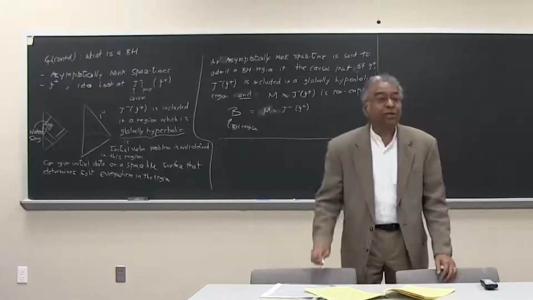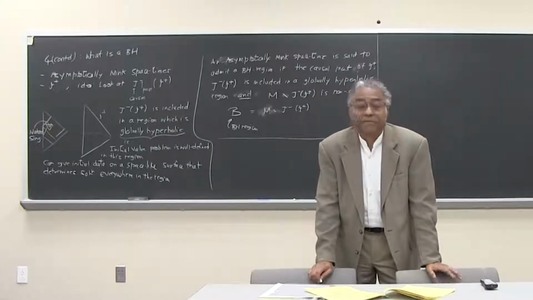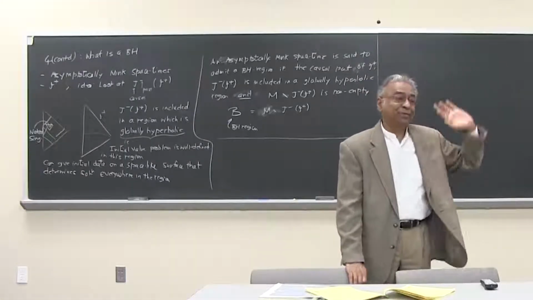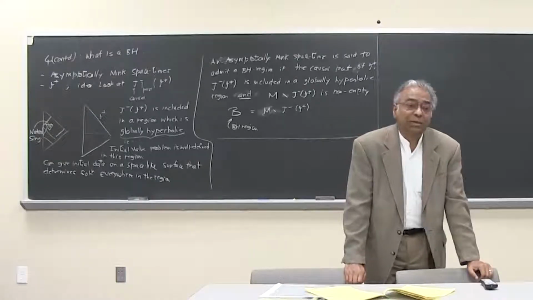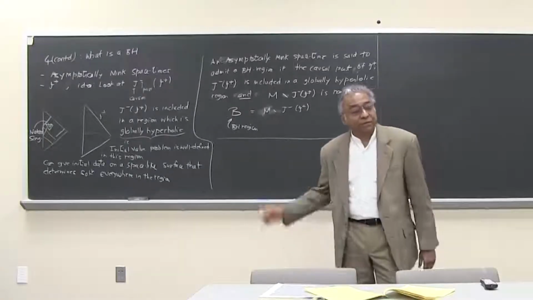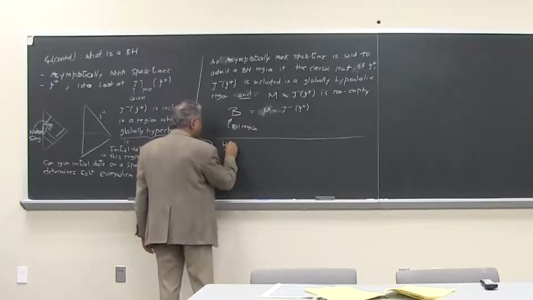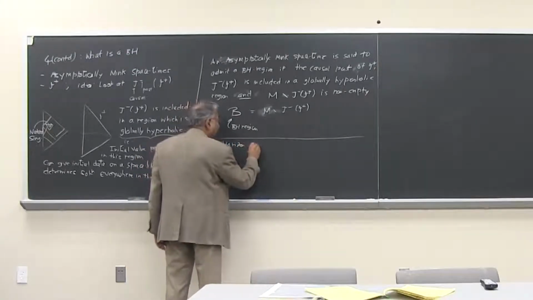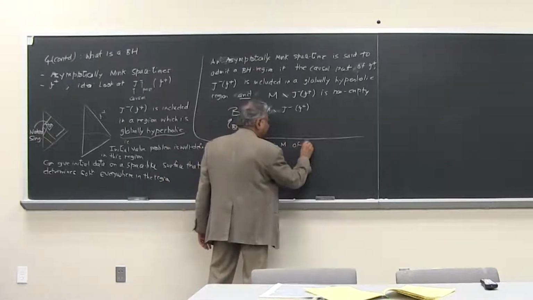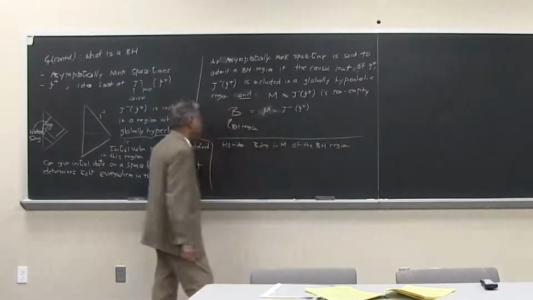I have to say that this actually is used quite critically in proving various global theorems and important physical properties of black holes. It's not that we just put it down and then forget it. It really lies in the global theorems. For example, Hawking's theorems about the area increase and so on depend on that. And then by horizon, we just mean the boundary in M of the black hole region.